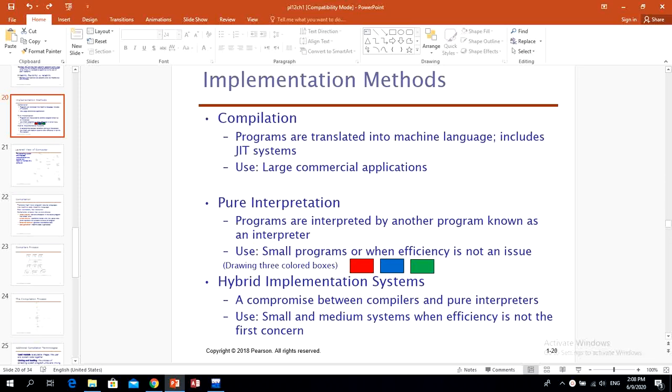In the first part of this chapter, we finished talking about compilation and pure interpretation and hybrid implementation systems. In the next slides, we will explain all these three different types of implementation methods. But before we go to talk about compilation in detail, or pure interpretation, or hybrid implementation systems, I would